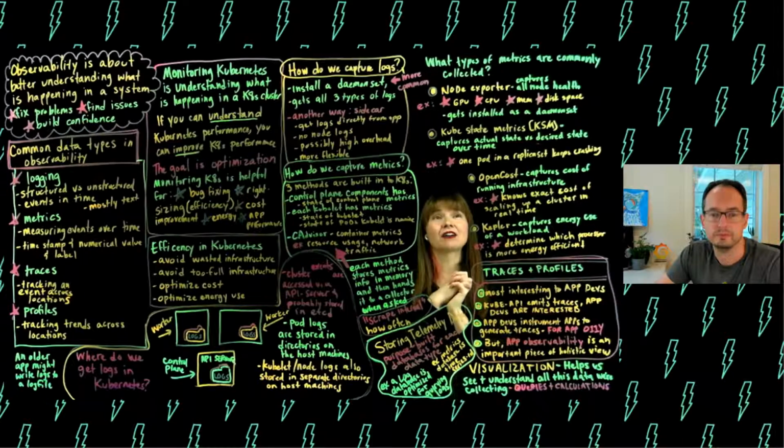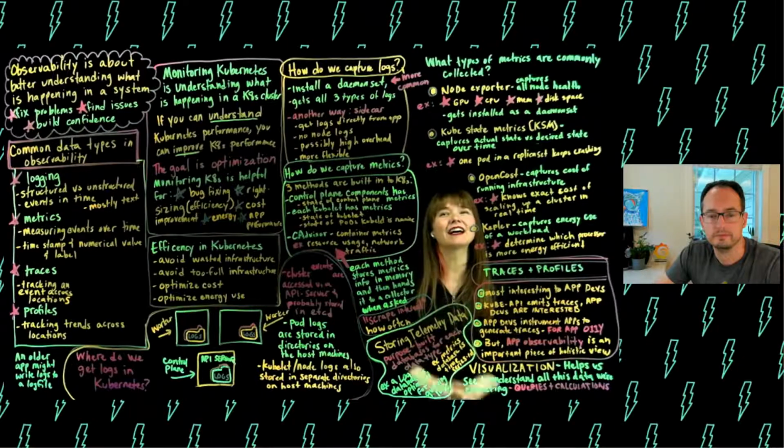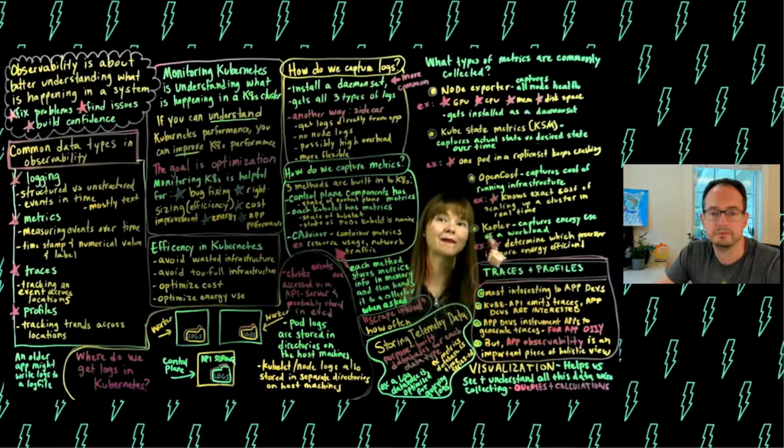Then you talked about kube state metrics, or KSM, and that one is going to generate the actual state versus the desired state over time. The metrics related to that. So an example of that is maybe you have a replica set that's supposed to have 3 replicas, and it does, but one of those replicas keeps crashing and coming back and crashing and coming back. So this KSM is going to capture something like that.